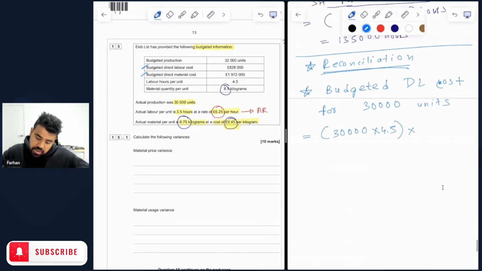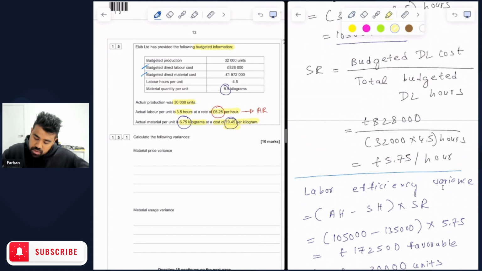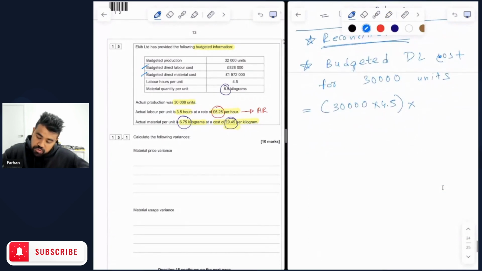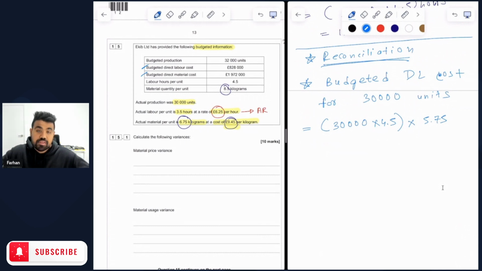The cost is the £5.75 per hour, the standard rate that we had derived earlier for the labor. So 5.75, that is what we have to multiply here. Again, there's no straightforward formula for you to solve this. This is only going to get better for you with more and more practice because this is an intuitive approach based on the scenario or the context that we're solving. So 30,000 times 4.5 gives me the total number of hours I would have set aside for 30,000 units. And given that the standard rate per labor hour is £5.75, we just multiply all these three together and you should get